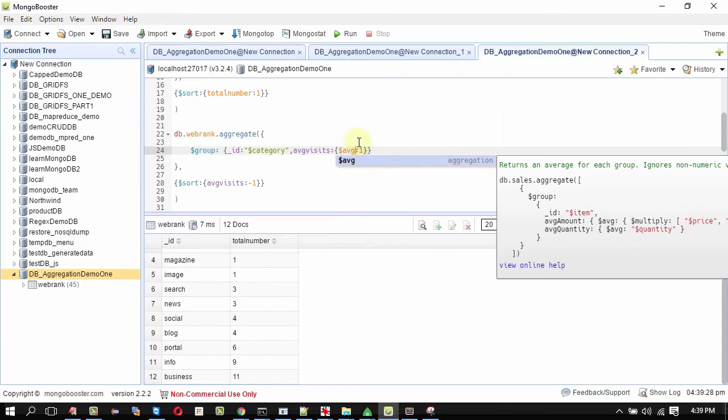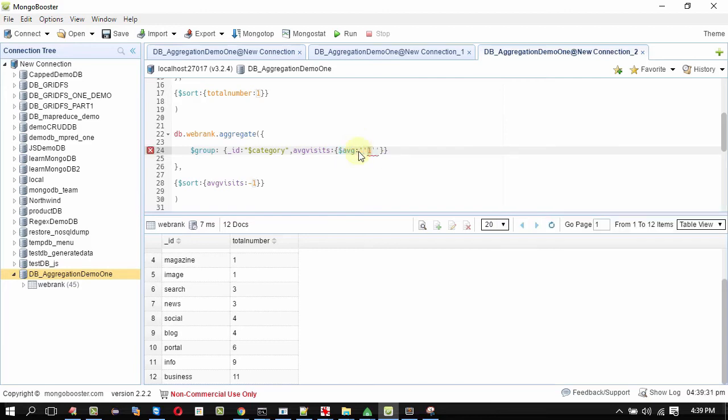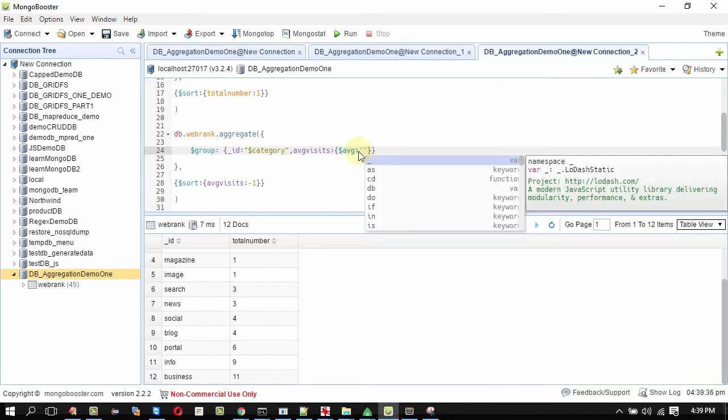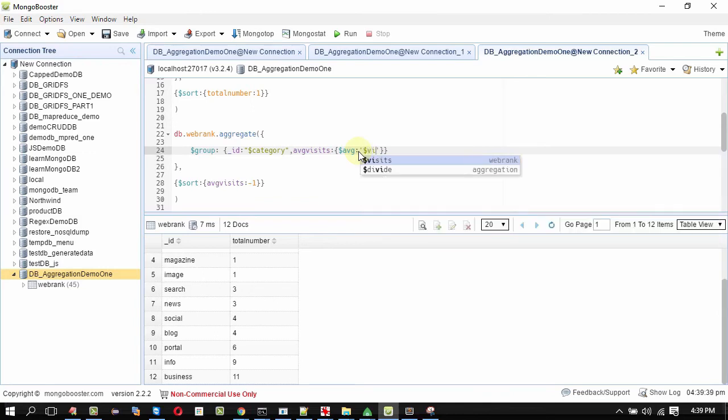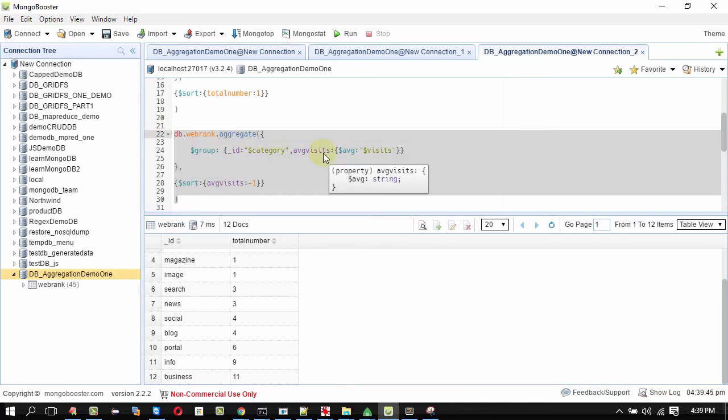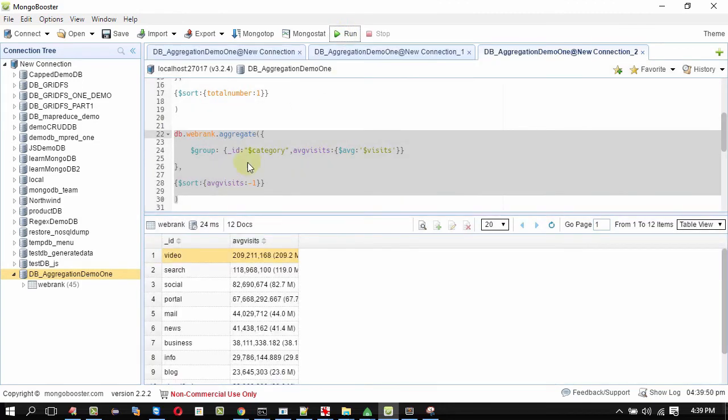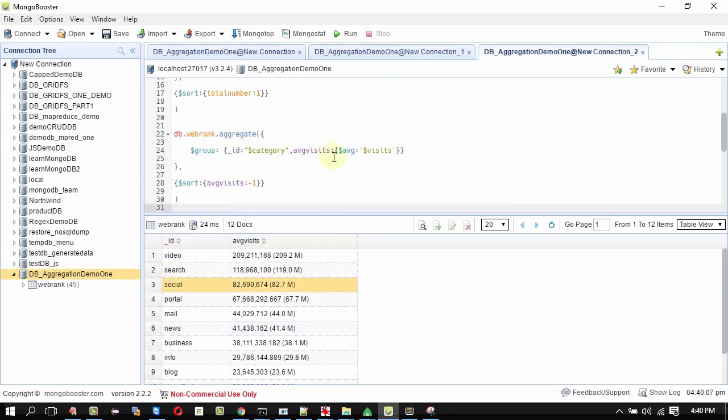Next is expression. For expression, I'll be giving the field name. The field is visits. This must give a result of average visits in descending order. On executing this, we got the result ordered in descending order. We got more visits to the category video, then to search, then to social. So this is how average works.